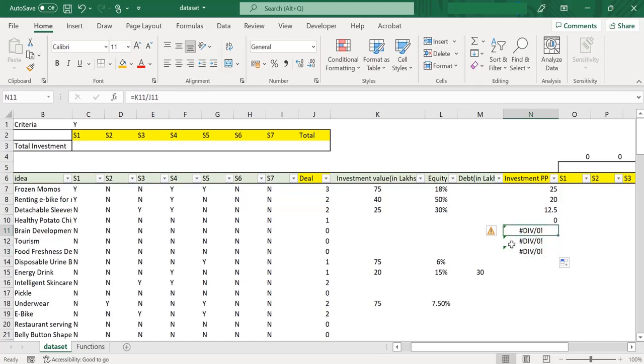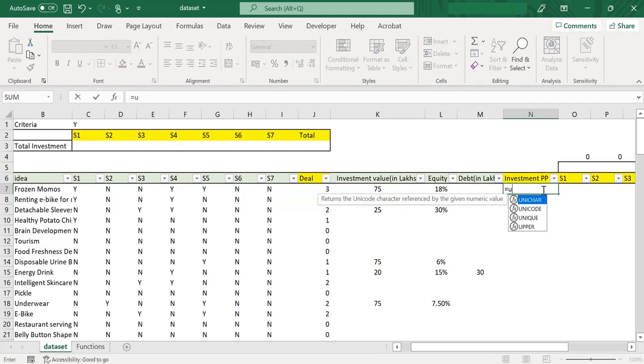So to avoid this, I am going to use the IFERROR formula. I'll delete this and write IFERROR. The first part is the value, which means the division operation which we have done. The second part is the value if error. We have seen that there was an error thrown at some of these ranges.